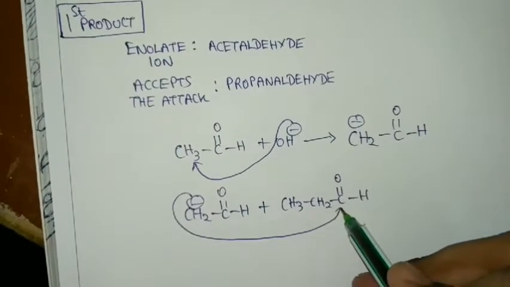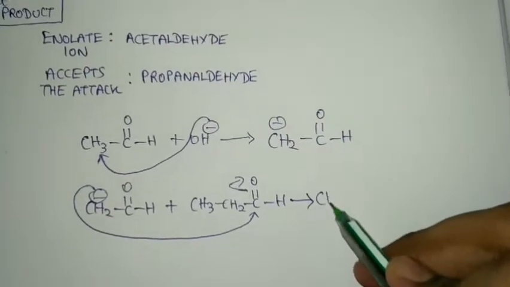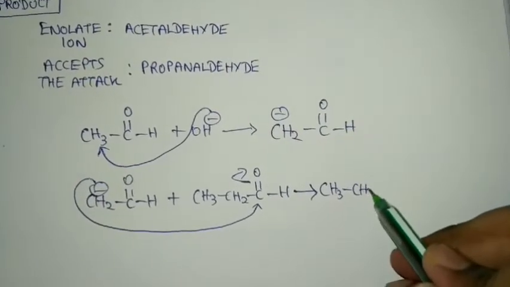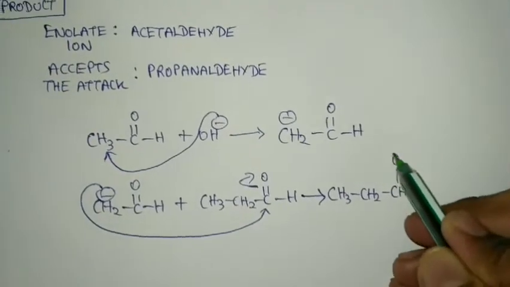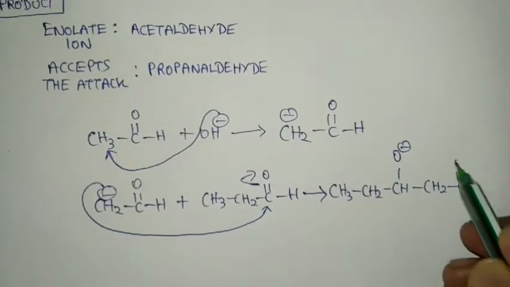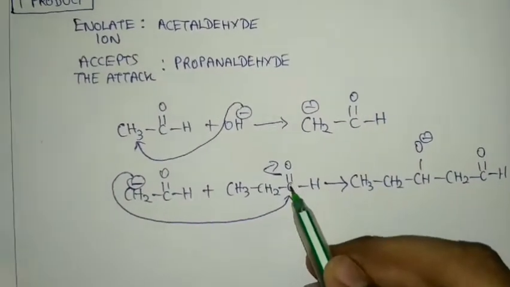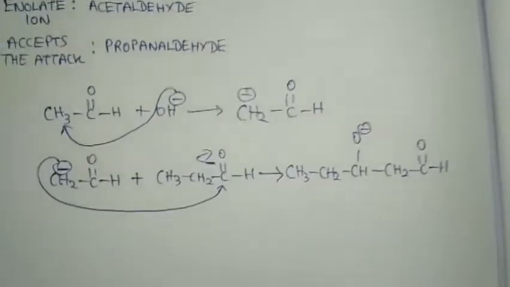This would come over here and attack. So go here to form CH3 CH2 CHO minus CH2 C double bond O. This negative charge forms the bond between this carbon and this carbon. Okay, so this is the